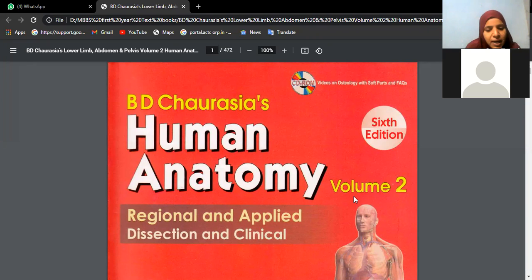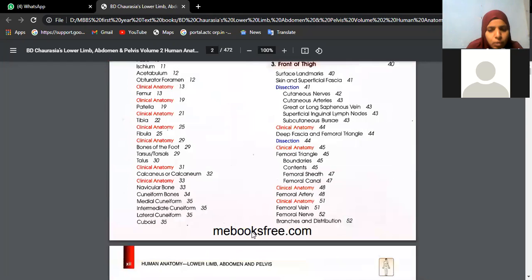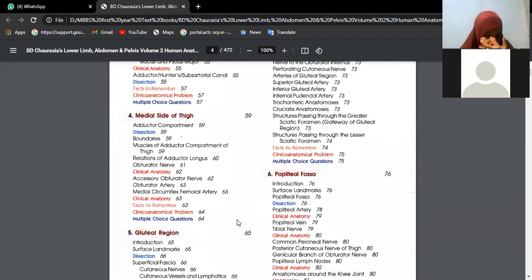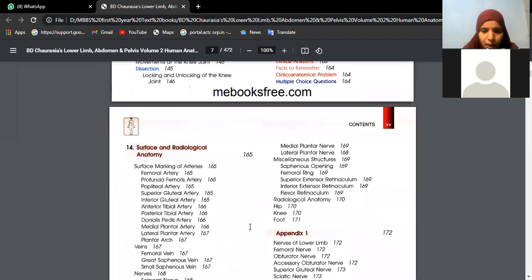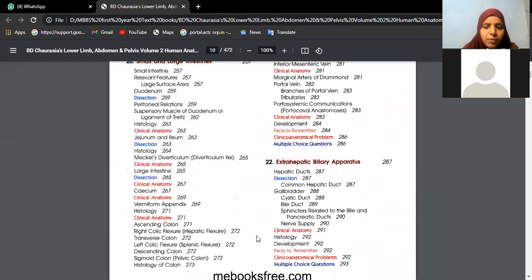Okay, now let us start discussing. As I scroll, from lower limb we got only one question, that is sciatic nerve, and tibial collateral ligament. Nothing else. So as we scroll, first we get lower limb only. So let's do lower limb. So let us talk about sciatic nerve.